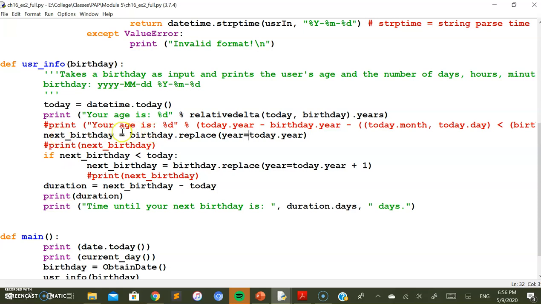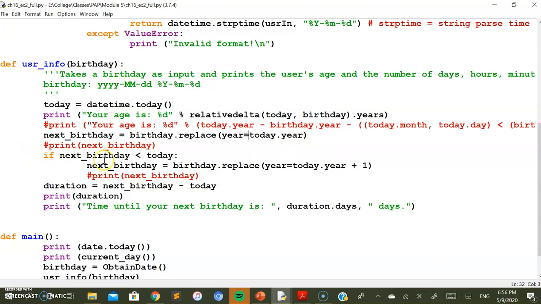So birthday.replace(year=today.year). What you are supposed to do is, whatever birthday has been entered by the user, the year part of that input needs to be replaced with today's year. For example, if your birth year is 1992, that 1992 has to be replaced with today's year, that is 2020, right?